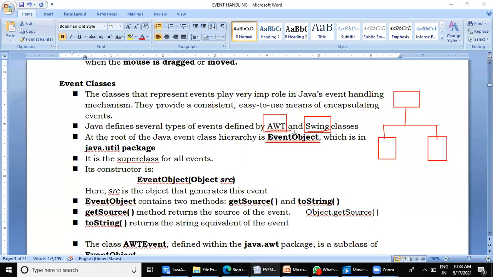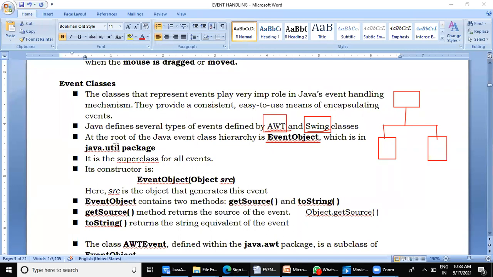As you can see, the name is two words combined, E and O in uppercase, EventObject. Now, where does this class lie? This class is included in the java.util package. Find the root of Java's event classes. Then you may wonder how AWT and Swing are related. That we will slowly come to know as we start with the programming.